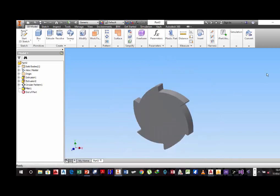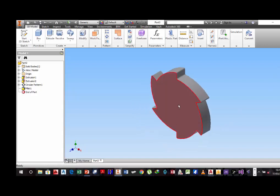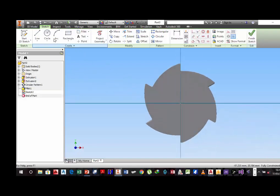So what do you do? You right click on this face, click on new sketch, go to circle, and get the diameter. We need this one to be 12. We're going to have another diameter inside, 6 mm diameter. Okay, we finish sketch. What do we do now? We are going to